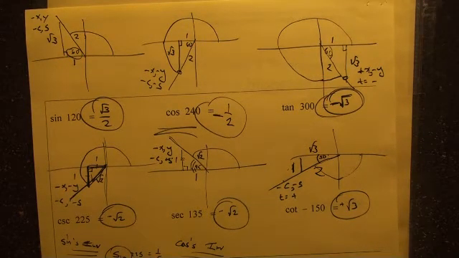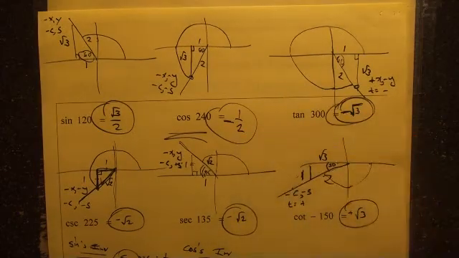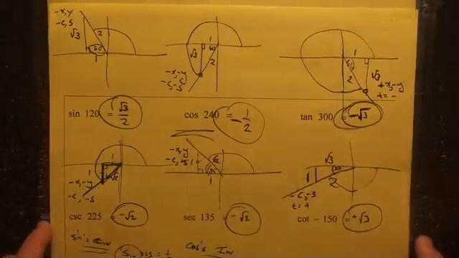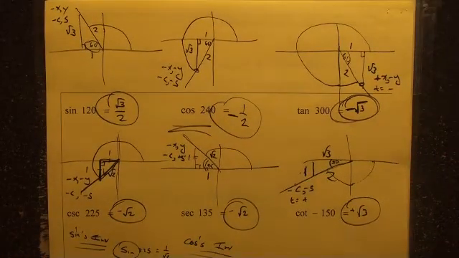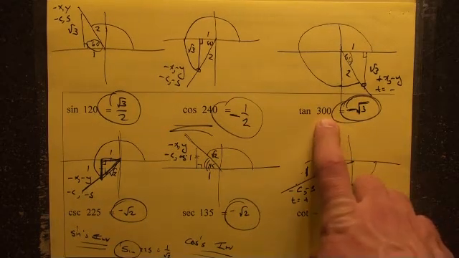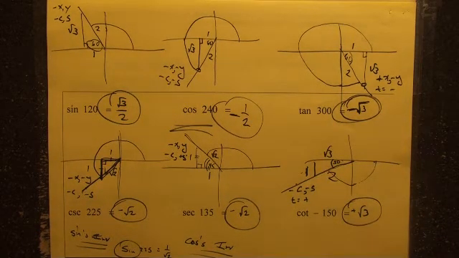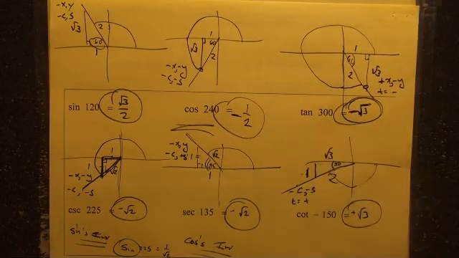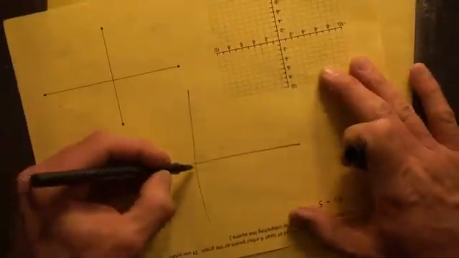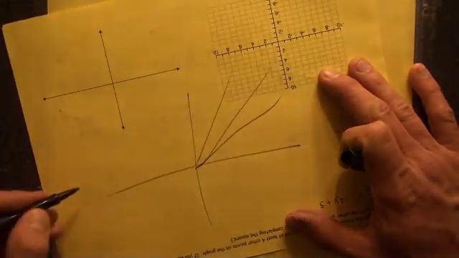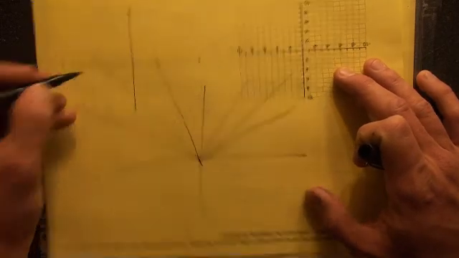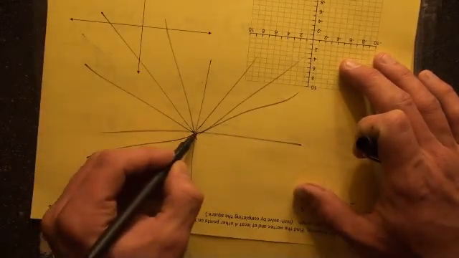I know we dove in and took a look at some more angles, but the bottom line is if you can do the 30s and 45s, you can do 120s and 150s and all these other ones, 240s, 225s, 135s, 300s, 315s, and 210s. So good luck. Well, let's talk about it. Which ones can you do? You can do 30, 60, 45. You can do 120, 150, 135. You can do 210,